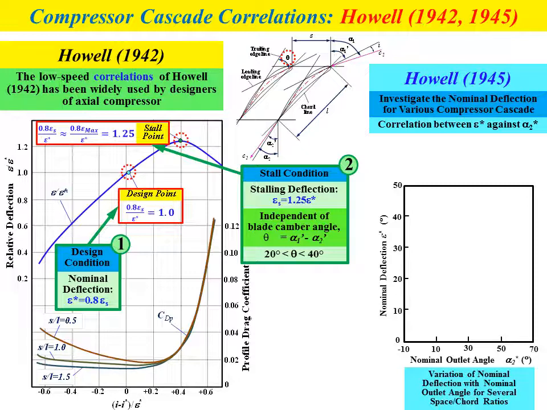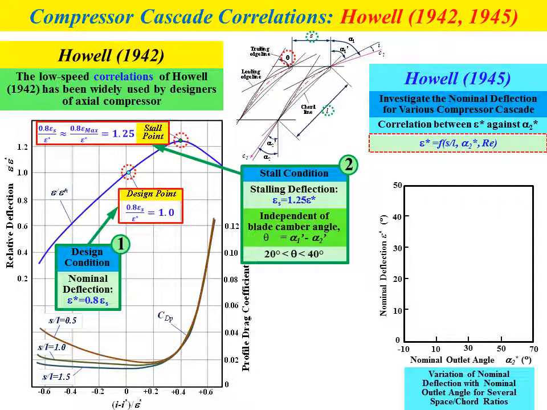So there will be a correlation between nominal deflection angle and nominal outlet angle for a specific value of space chord ratio. So Howell mentioned that the nominal deflection angle is a function of S over L, the space distance divided by chord length,